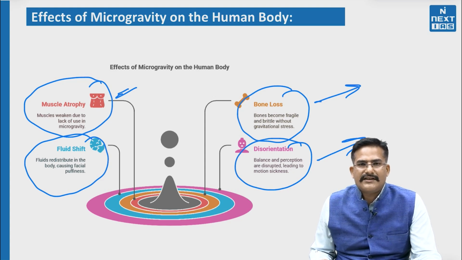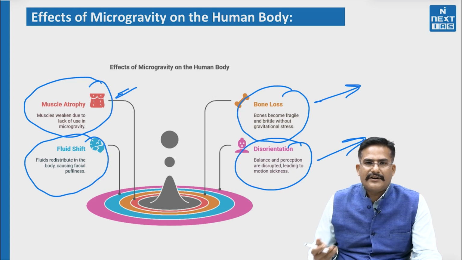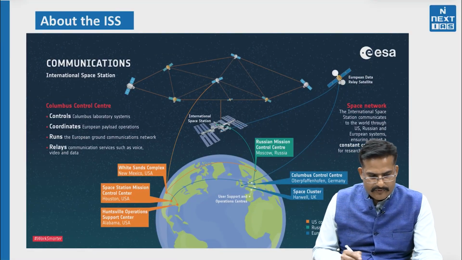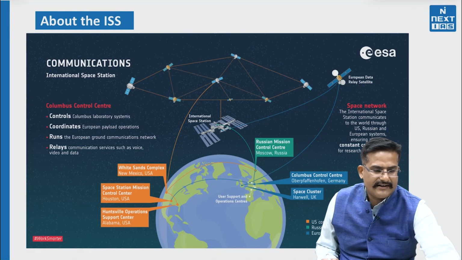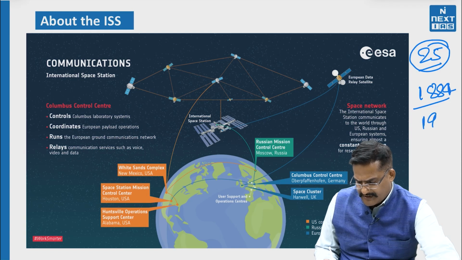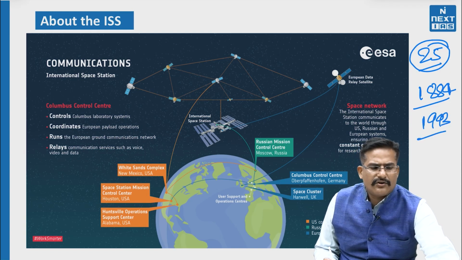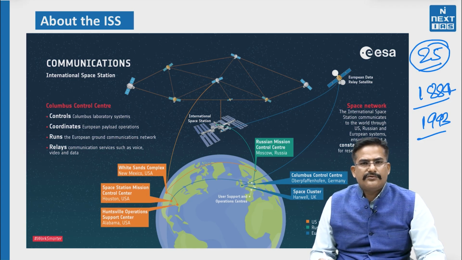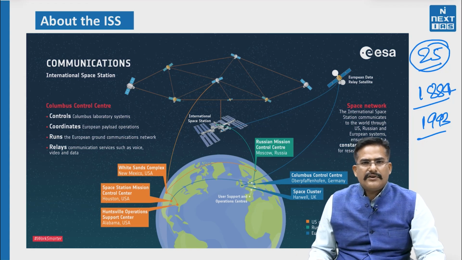I'm giving you this just to understand how difficult microgravity made it for Sunita Williams to stay in space for more than 9 months, right? Anyways, you'll have to understand about the ISS as well. What is ISS? It has been in operation for the last 25 years. It actually started in 1984, and it came into force around 1993, right? It is basically a station, like you go towards a railway station, it is like a space station, where astronauts do